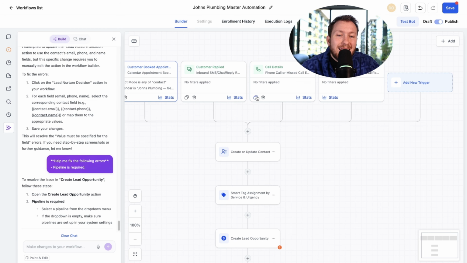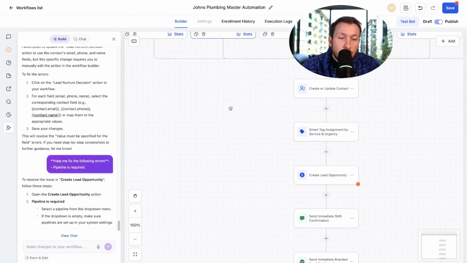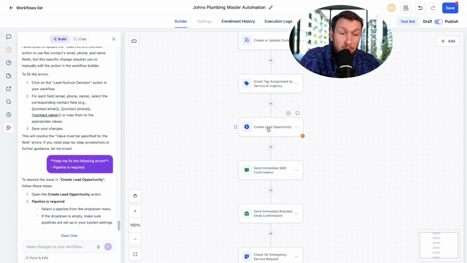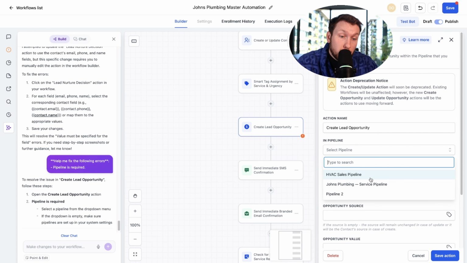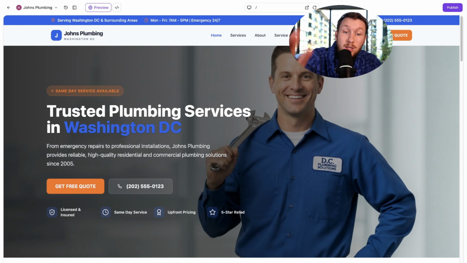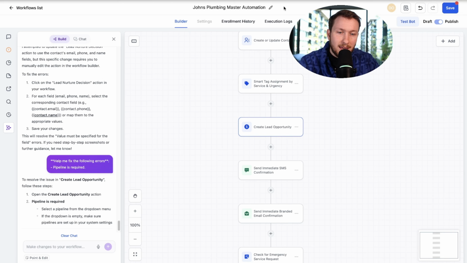And then you can add in any of this other stuff here, but a lot of this is already dialed. Then here, it's just simple stuff like, well, what pipeline? Well, you're going to do the John's Plumbing pipeline that Ask AI created. Does that make sense? If you guys are confused, drop a comment down below. It's not too complicated, but that's essentially how it works.